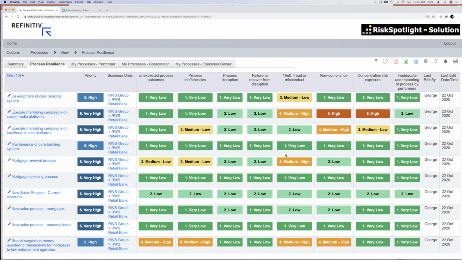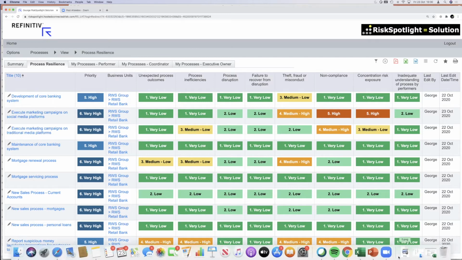And all they're doing is capturing those measures as part of their day-to-day process. We're not asking them to do inherent risk assessment, residual risk assessment, financial impact, regulatory impact, reputational impact. We are reducing the amount of effort they need to just think about the risk. We just want them to be a little bit more risk aware than they are at the moment when they are running that day-to-day process.